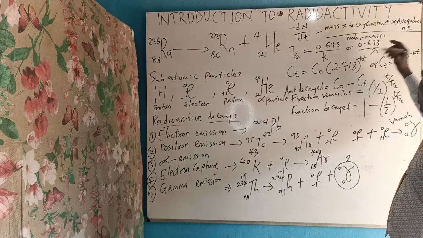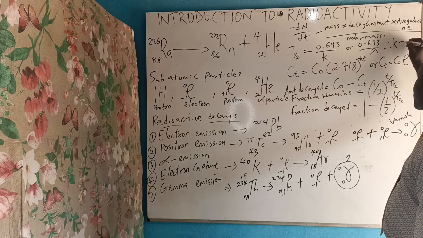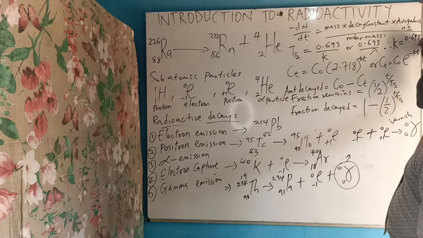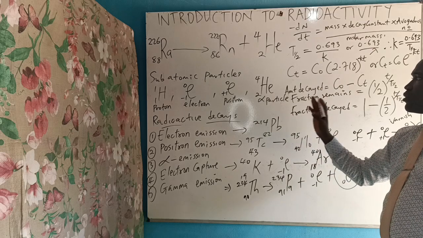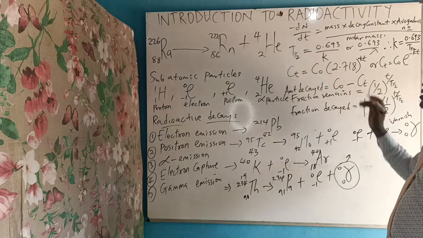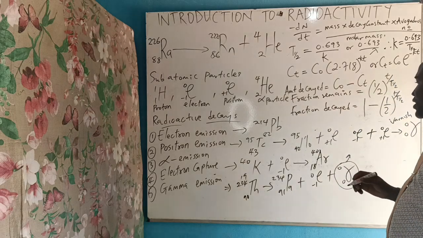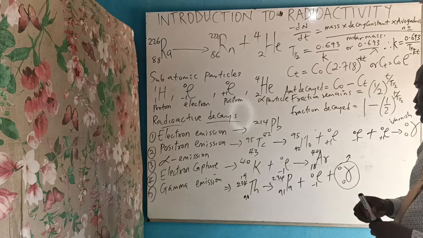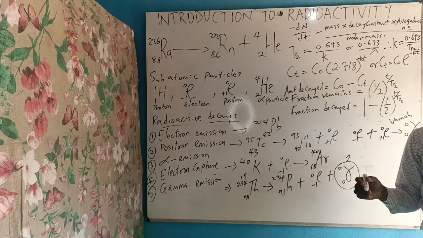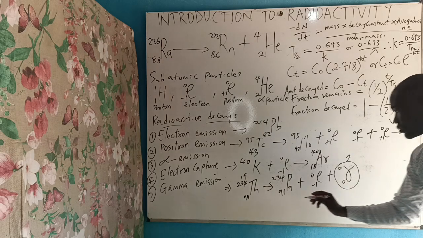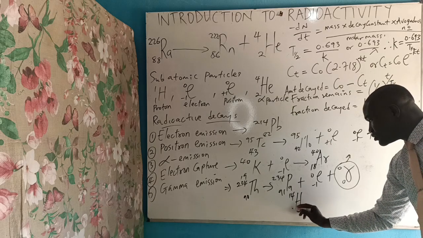From here, once you know your half-life is equal to 0.693 over k, that means your k is equal to 0.693 over half-life. And so we have seen some information about radioactivity. It's also important for us to know that if you have